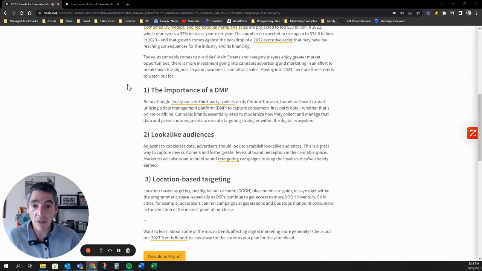Once we look at the second point, which is the lookalike audience, it's important that once you get that audience to your website, you're using technology to establish and find this lookalike audience so that you can really broaden your reach to these audiences. That's going to be a key point to making sure that you have a good strategy for getting the right audience to your website, then retargeting, and then using that audience to find lookalikes and make sure that you're reaching as many people as possible.